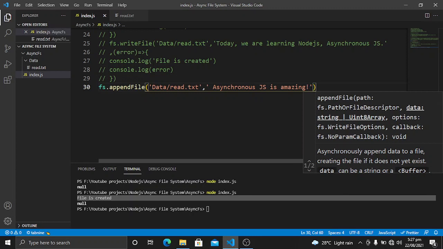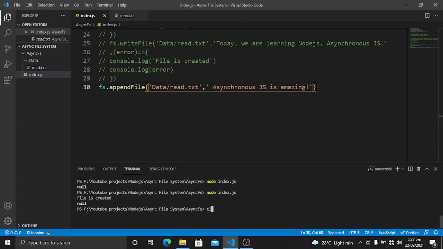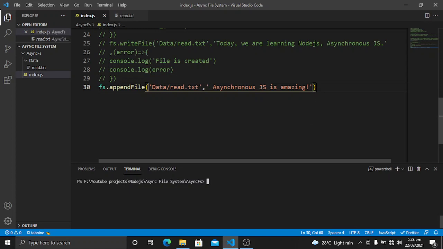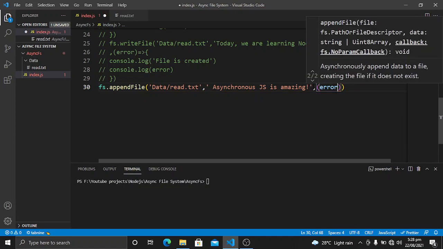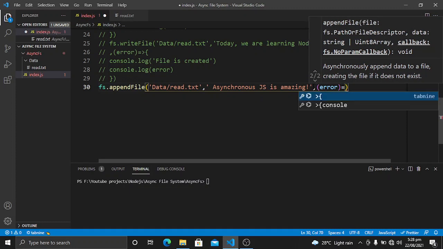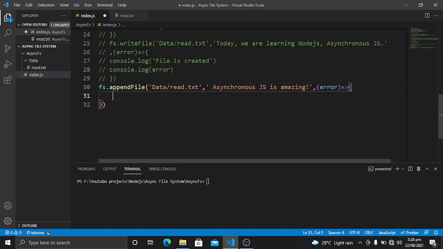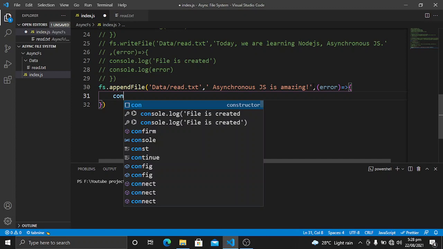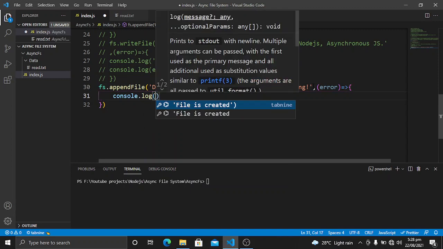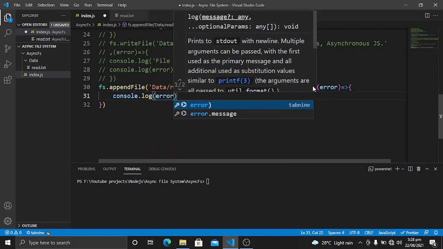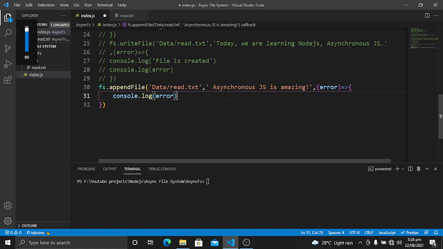Let's save it. Now we have to provide a callback function which will have a parameter of the error, and then I will console log this error, and underneath this I will also print the message that data is updated in this file.